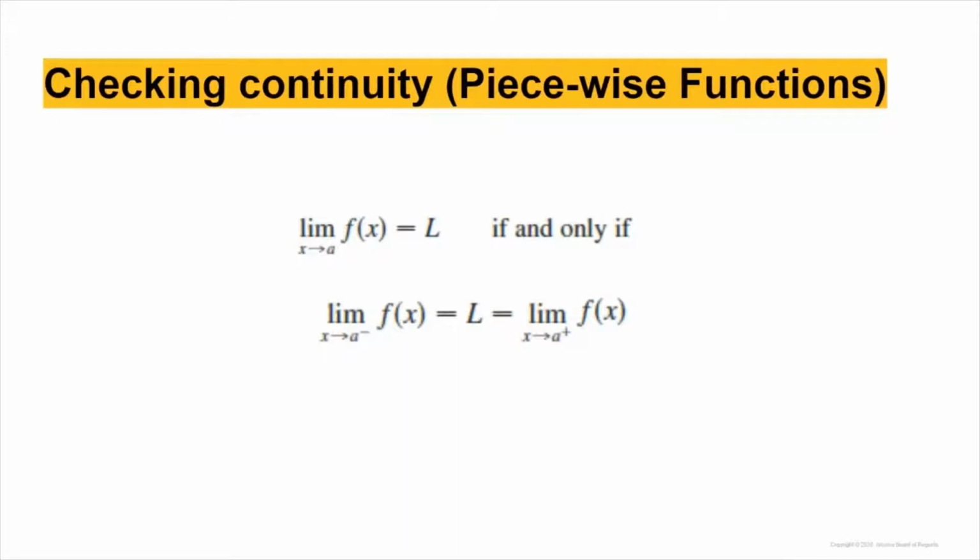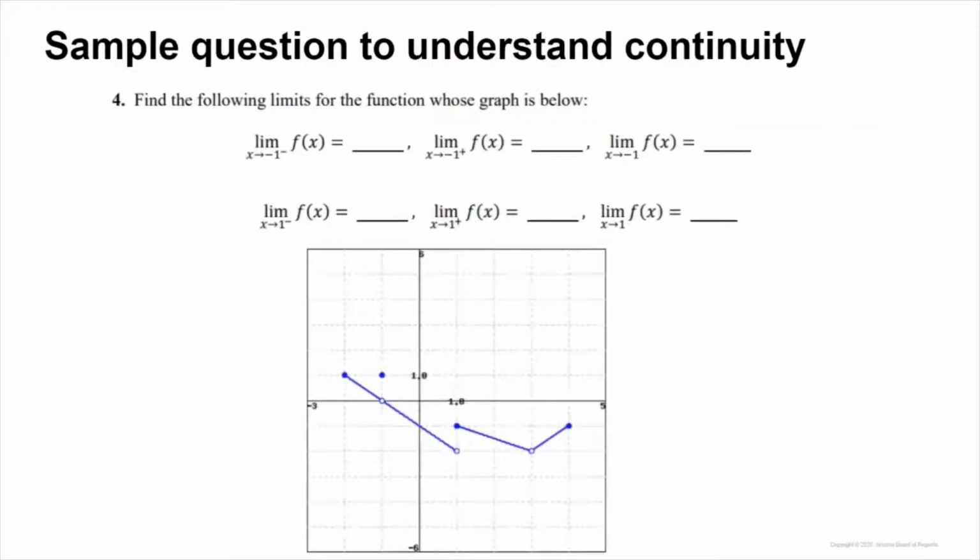Let's look at an example. Suppose this is your question. The given graph is on the screen and you need to figure out limit of x tends to -1. To figure out limit x tends to -1, whether it exists or not and what it is, you need to figure out individually for x tends to -1 from the left and x tends to -1 from the right. For example,